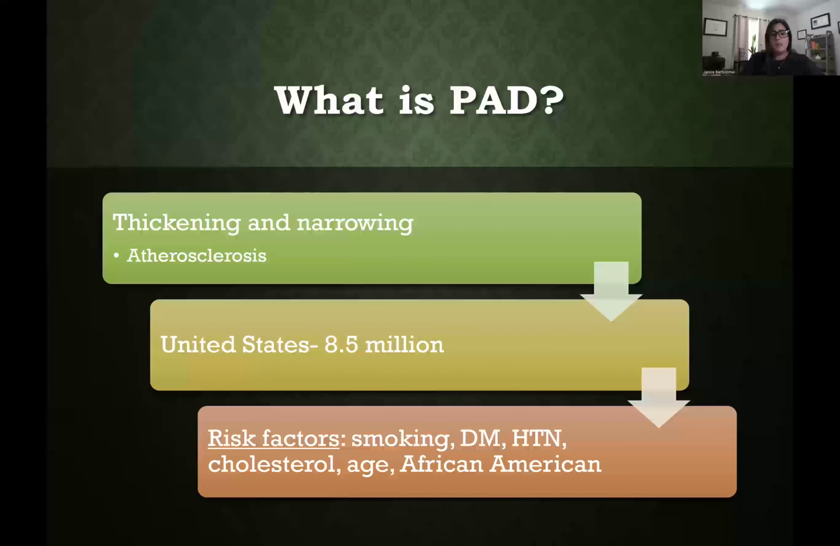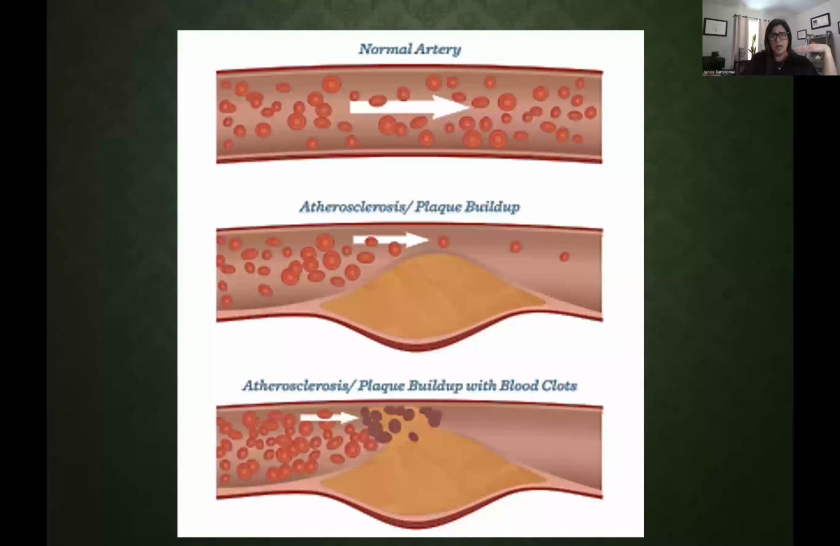About 8.5 million people suffer from this disease in the United States. People at high risk for PAD are smokers, people with diabetes, hypertension, or high cholesterol, people above the age of 50, African Americans, those with a sedentary life, high levels of hormones, and stress in women. So pretty much a little bit of the patho: a normal artery is unblocked,